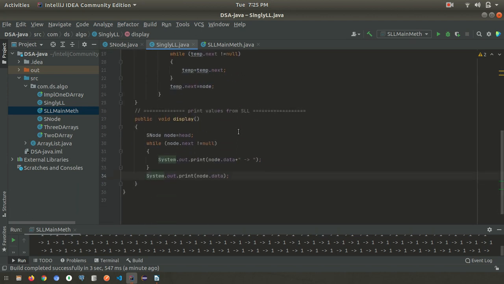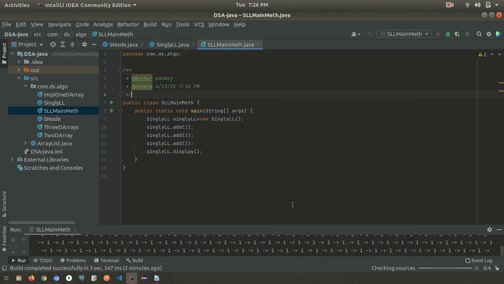Node having this head reference while node dot next is not equal to null, print node dot data. First we need to increment this reference also here. If you want to increment the reference, it will come to node reference. Node dot next is pointing to some reference. The thing is, next time we are not incrementing, so it's doing an infinite loop. So we need to change this node by node dot next. So each time this node reference will keep on updating.